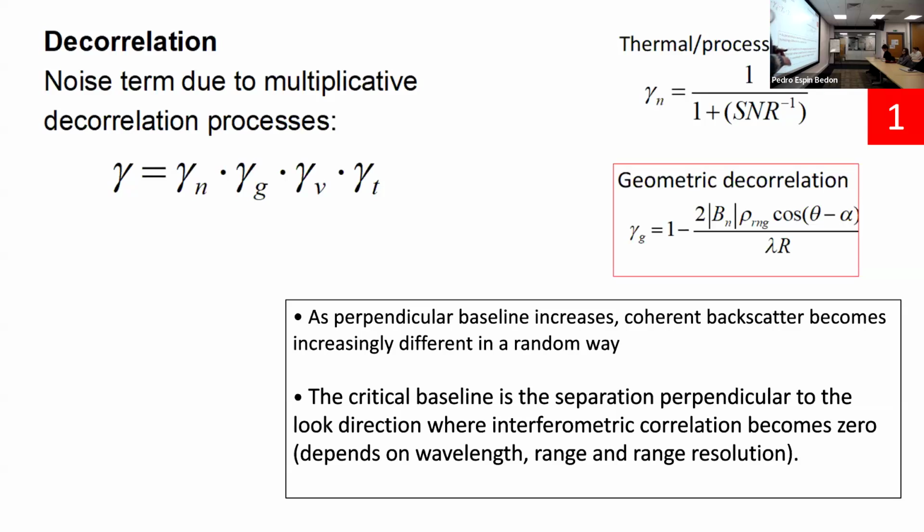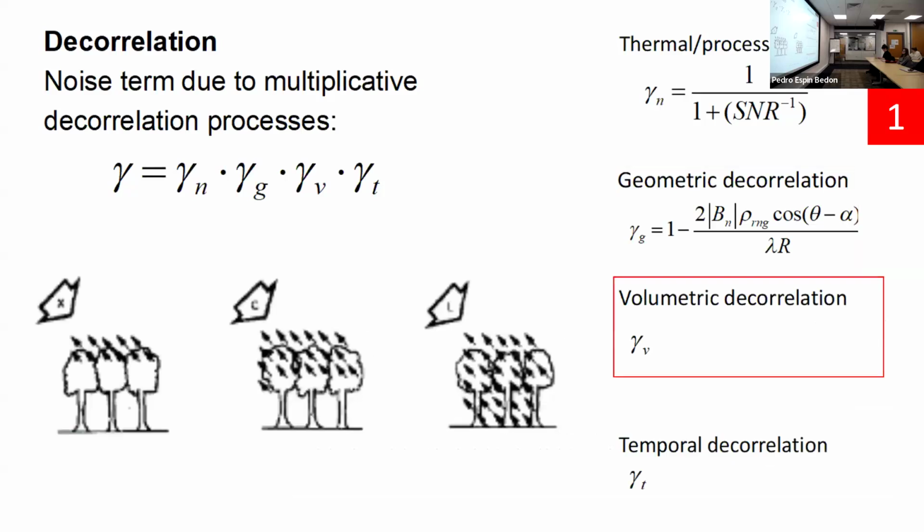So essentially what this is, as the baseline becomes larger, the coherent backscatter deviates, becomes more different in a random way. So the critical baseline for this is dependent on satellite wavelengths. It's less of a problem for L-band, for longer wavelengths, than it is for C-band and for X-band, where it's the most problematic. So the other aspect to this is